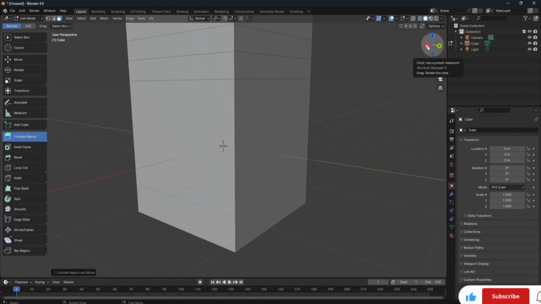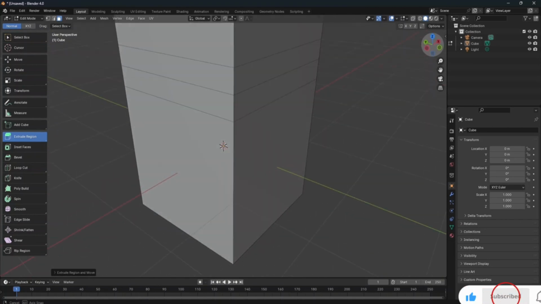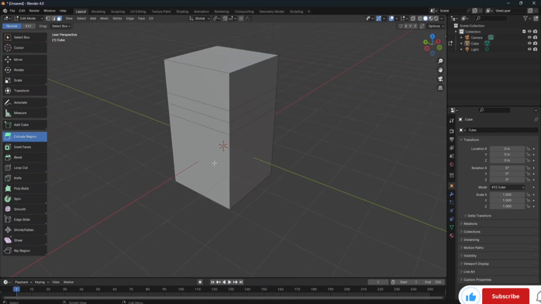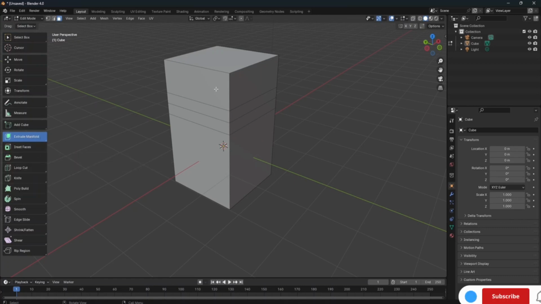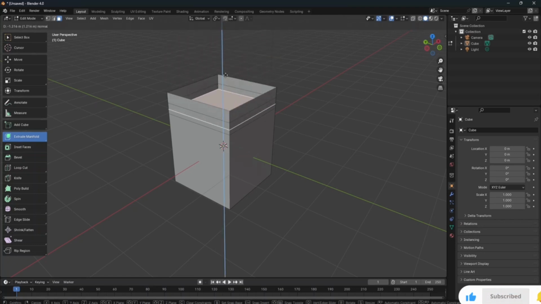And if you click on the plus option, you can check all of these margins over here, all of these joints. So now, let's go back, let's click on control minus, and now in the extrude region option, if you hold this one, over here you also have this extrude manifold option. Okay, so if I select this extrude manifold option, and now if I try to increase it, here you can see you are able to increase it without any geometrical